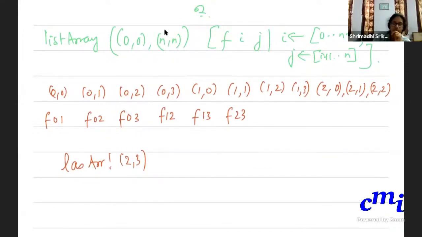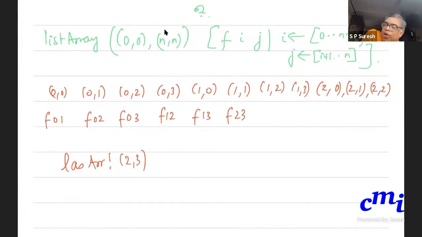Is it clear? So there are two options. Either you be careful about what you enter in your list, if you are using listArray, or you use the other function, array. If you use the other function, then you have to give an associative list. When you provide the list itself, you will not give it as Fij, but you will give index comma value pairs, not just a list of values.